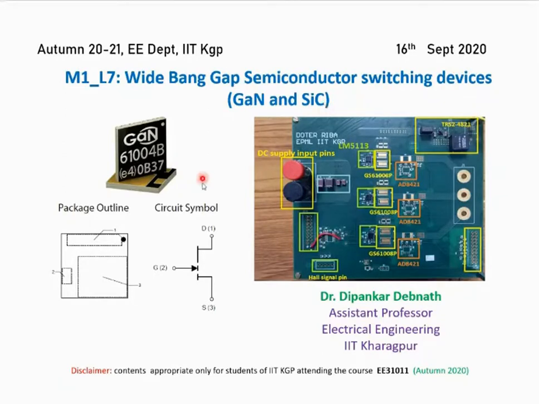So as you can see, this is how a typical GaN device looks. Most GaN devices are not through-hole structures, rather they are SMDs, surface mount devices, and their size is much smaller than similarly rated silicon-based devices. If you look at this surface, number 3 is your source, number 2 is the gate, and the drain is on the back side.